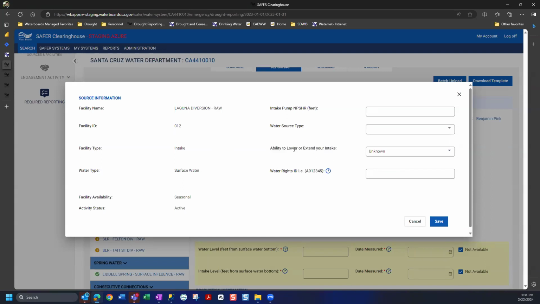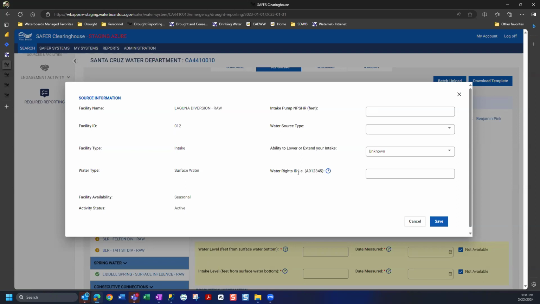There are some folks across the state that have floating intakes that rise or lower based on the water level of the body of water, and so that is obviously an ability to lower or extend their intake. They can do that pretty easily. The last question is on water rights ID, and similar to groundwater,